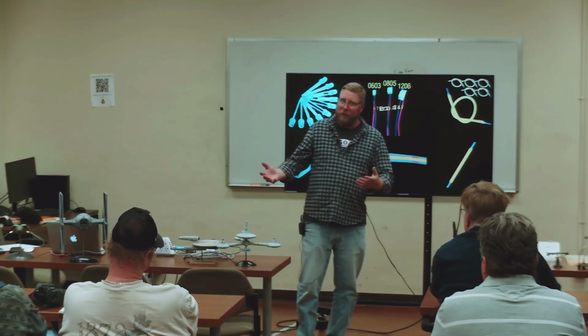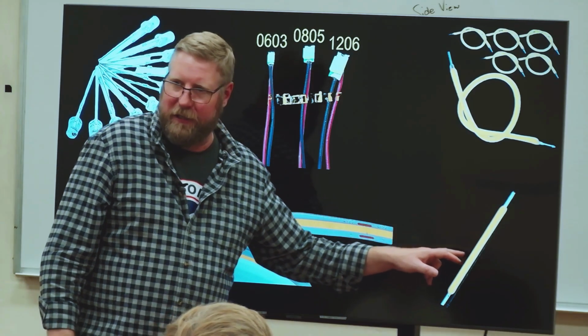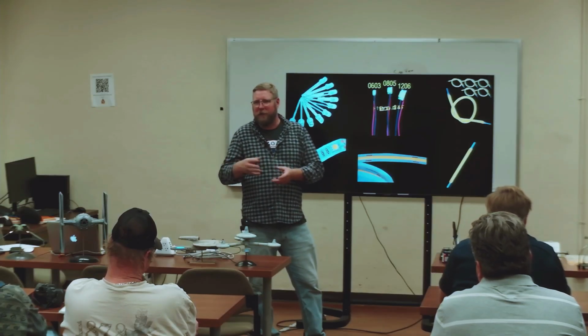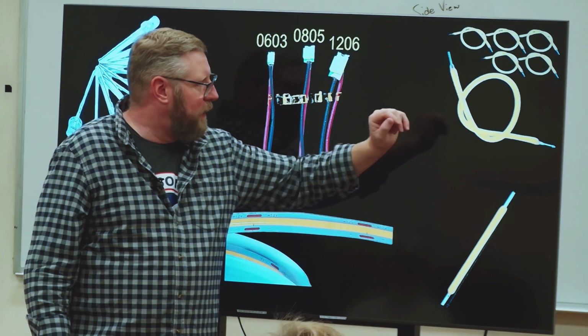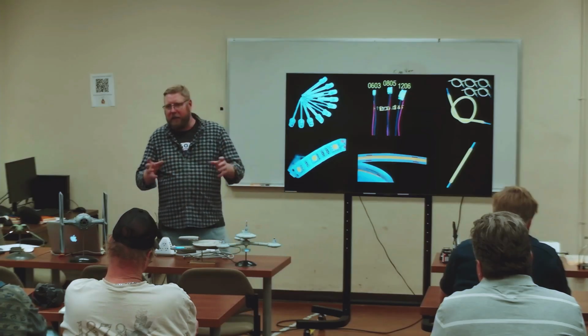But there's even more components available now. I have been using these. These are a rigid LED, just a long diode. I'm sure you've seen them in the Edison bulbs they do now. So it looks like an old classic light bulb. So that's basically what those are. And there's a variant which is also the flexible kind. They all come in different lengths and whatnot,